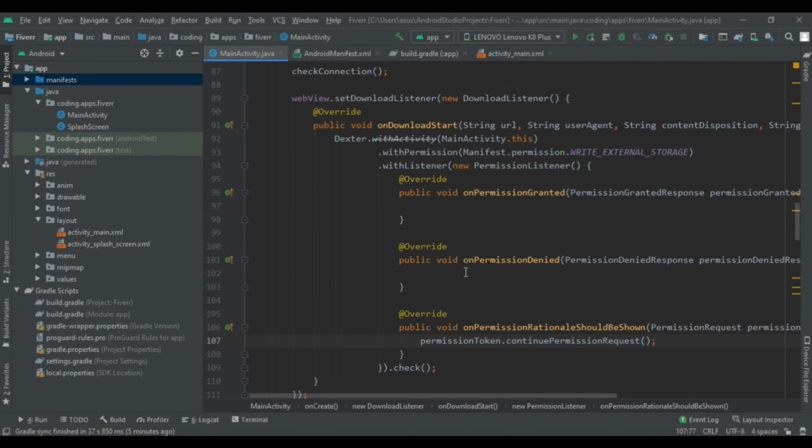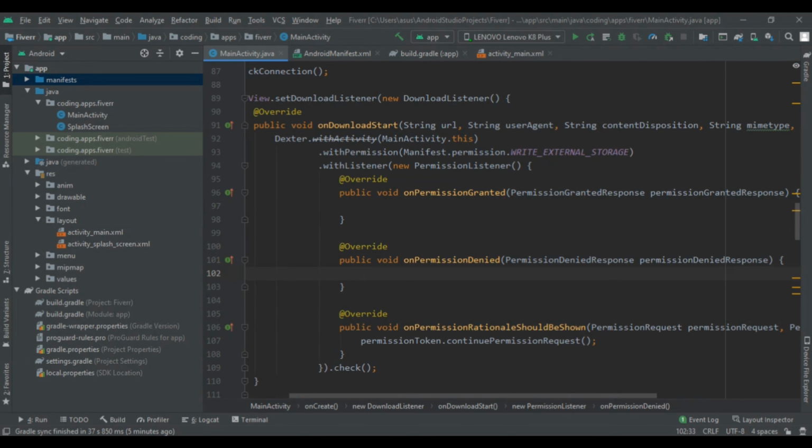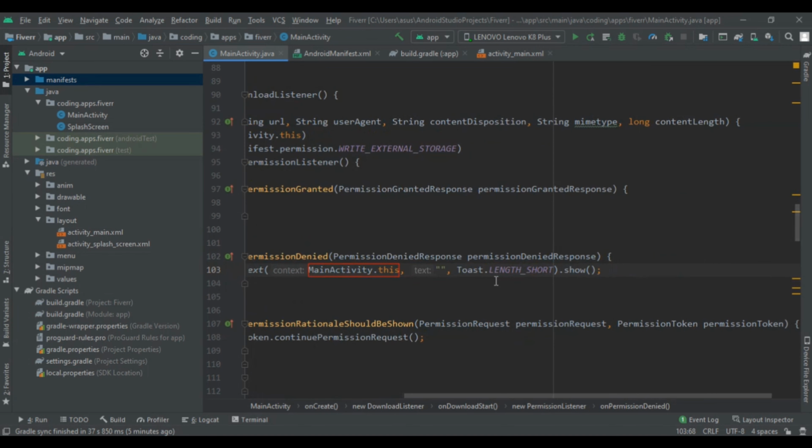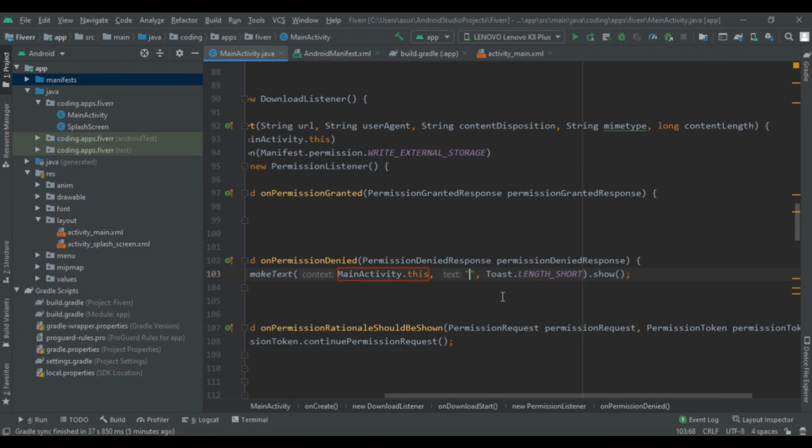Now for what if permission is denied, here we have to write a toast: permission denied, allow from settings to save.